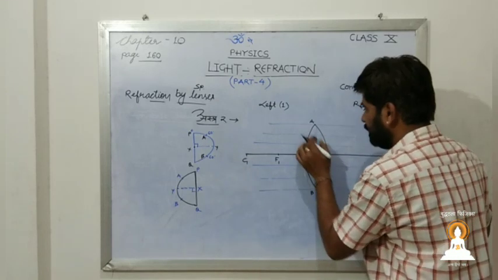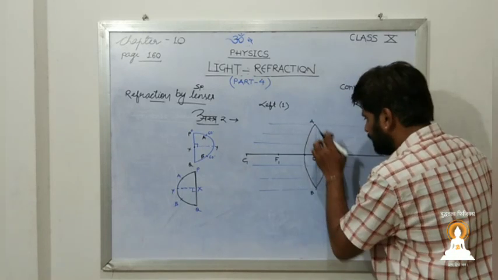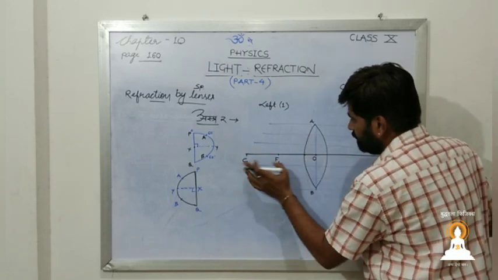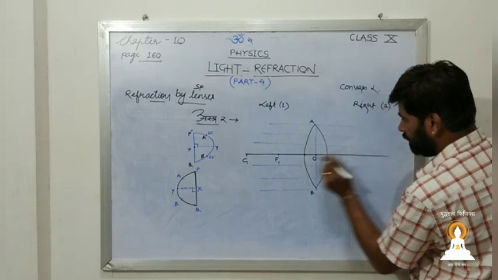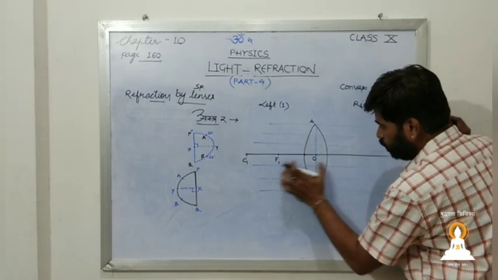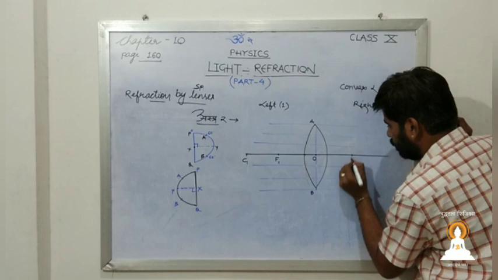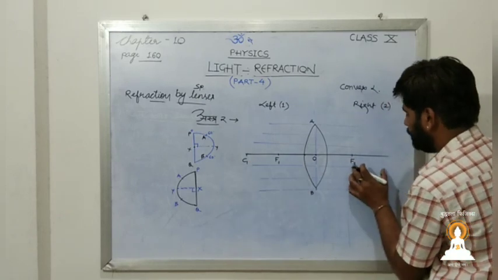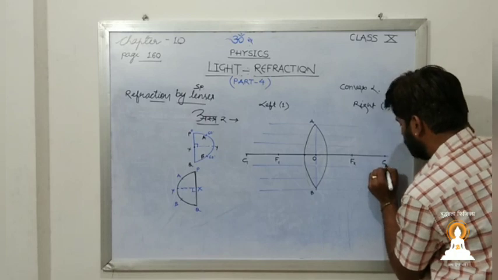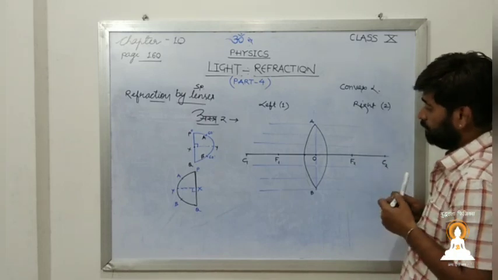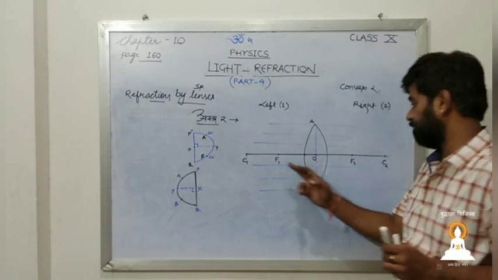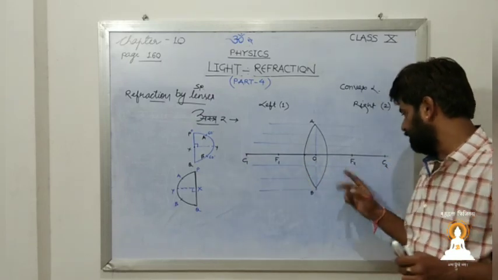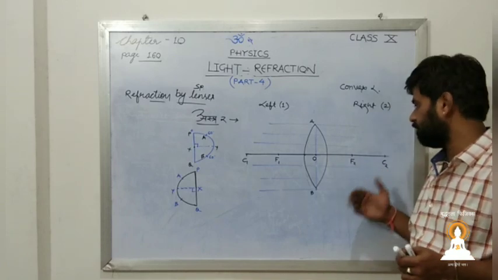As it is a transparent one, 2 surfaces are there. One surface is here and another one is here. So for this particular one, F1 will be here and C1 will be here. For this particular one, you will have a similar distance. Now O to F1, and similarly there will be O to F2, and then similarly C1 F1 and C2 F2. So this will be the C2. Now we know that O is the optical center, F1 is the focus 1, C1 is the center of curvature 1, F2 is the focus 2, and C2 is the center of curvature 2.